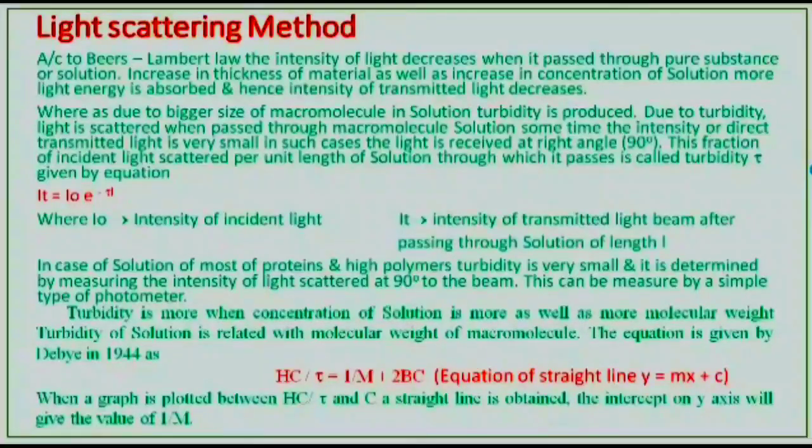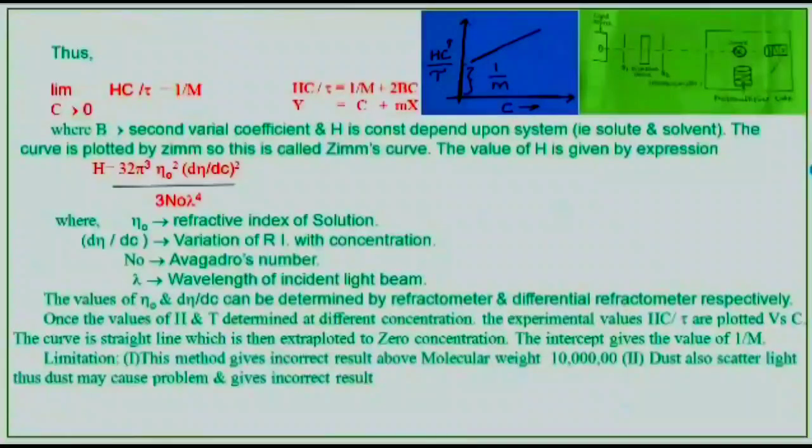The equation given in 1944 is Hc upon tau is equal to 1 upon M plus 2Bc. As you know, this is the equation of a straight line, that is y is equal to mx plus c. So on y-axis, if we take Hc upon tau, on x-axis concentration, then what do you get? A straight line is obtained. The intercept of straight line gives value of molecular weight, that is 1 by M, whereas slope of line will be 2B. Thus you can write limit c tends to 0, Hc upon tau is equal to 1 by M,